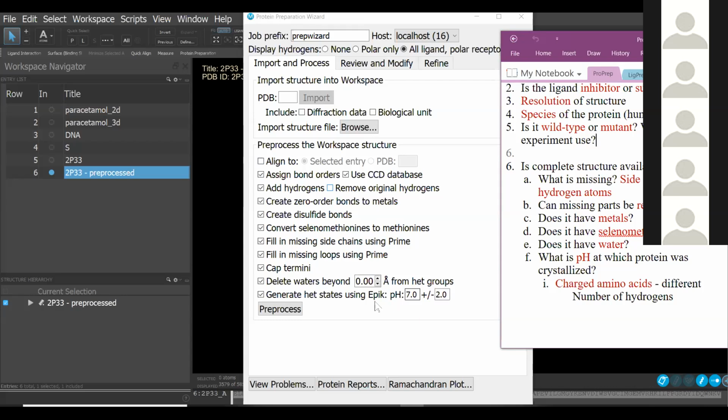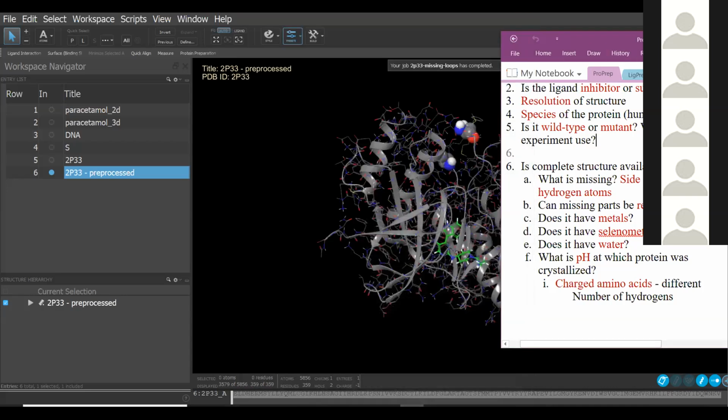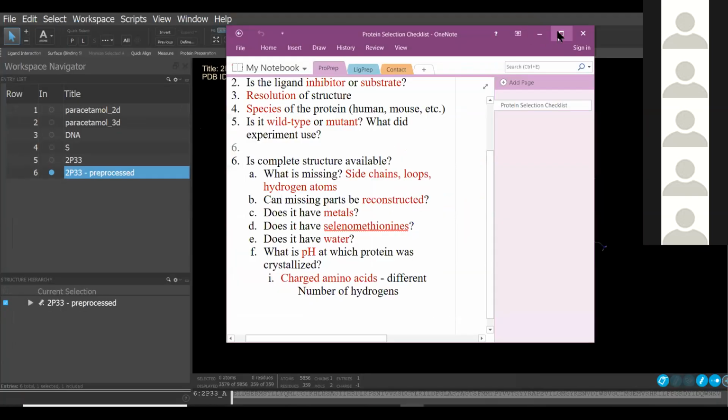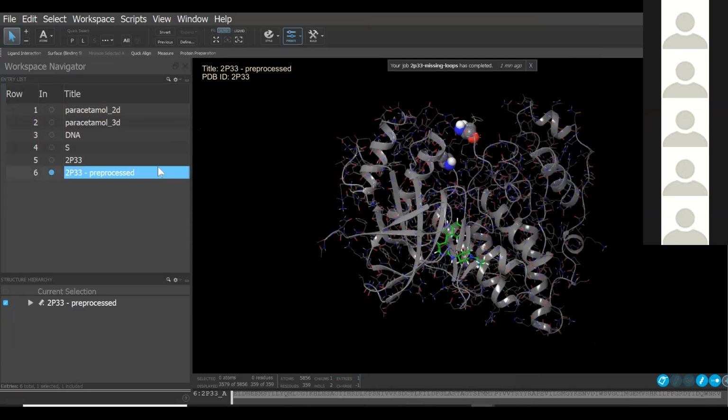So you can set this option, and you click on pre-process. Now, once the pre-process step is done, it builds the whole molecule. I'm going to minimize this here, and I'm also going to move this to the side. And you can see that in the workspace, after the molecule is pre-processed, you have this option available here, which